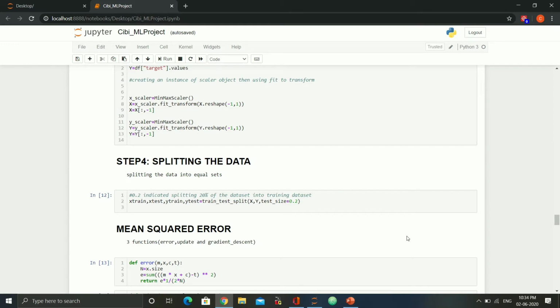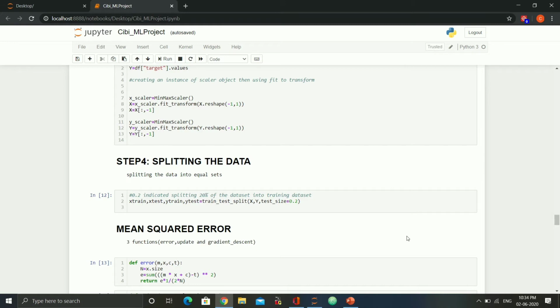Next we go for some functions. We define a cost function. Here we are using the mean squared error function, and it will run.